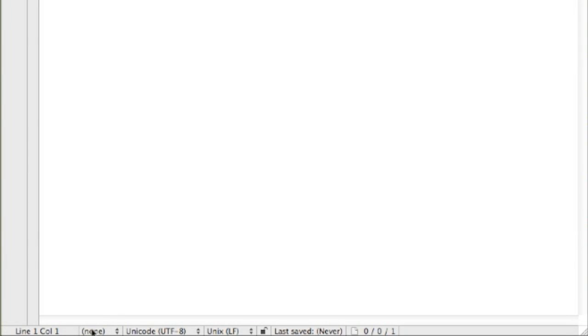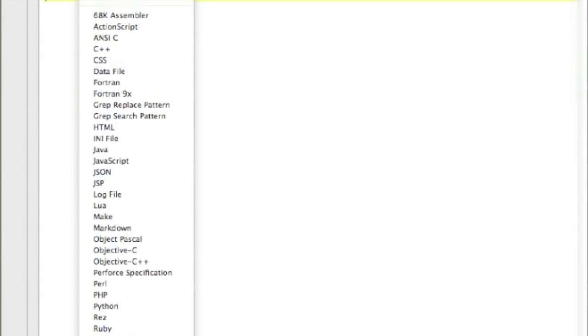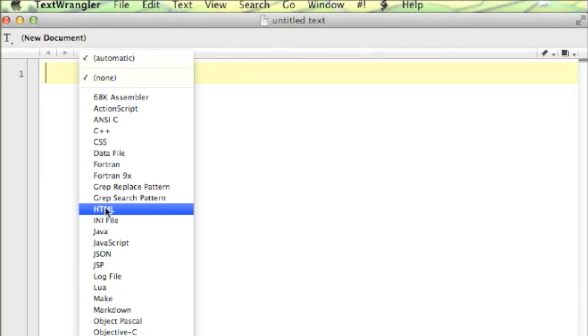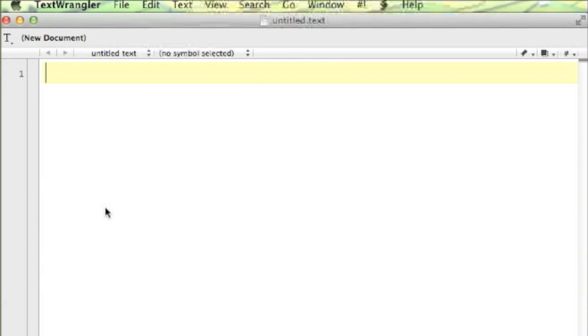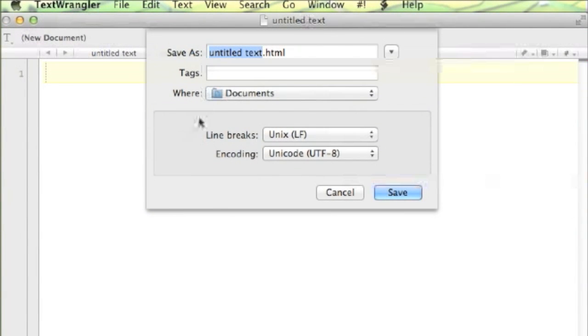Where it says none, right after it says line 1, column 1, next box here, none, this is going to be like the file type that it is. So you should be able to go in here and find HTML and click it, and now this has become an HTML file. And then you want to just go to File, Save As, and now see it's untitled text.html. You just want to change it to